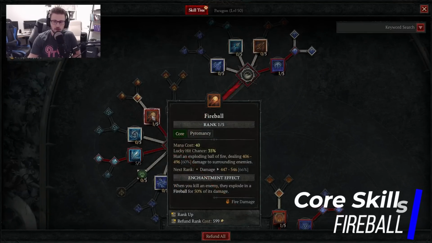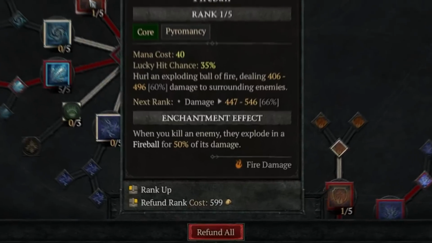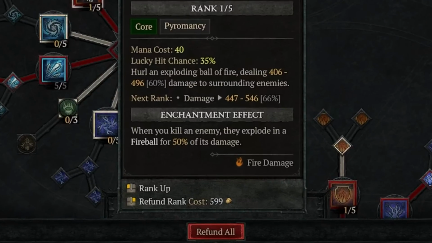Another skill you want to get a little bit later once you unlock your enchantments, but you don't need it directly right now, is Fireball. So Fireball is an extremely important skill because it gives our enchantment effect down at the bottom of the skill, which you can see, which means when you kill an enemy, they explode in a fireball for 50% of its